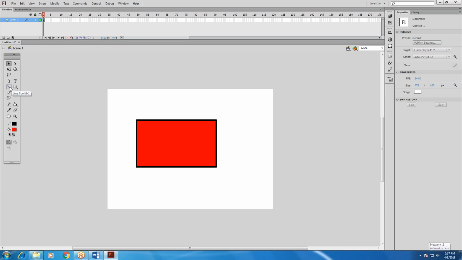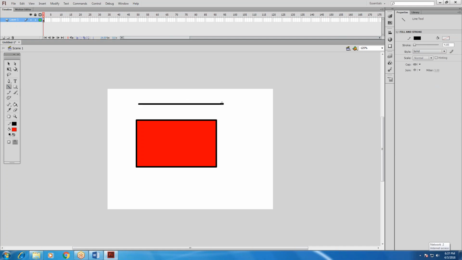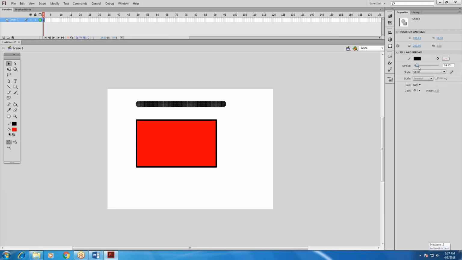This is the line tool. When you select this line, you can click and drag. How much is the line stroke? You can select here and it shows 4.85, and you can increase it.